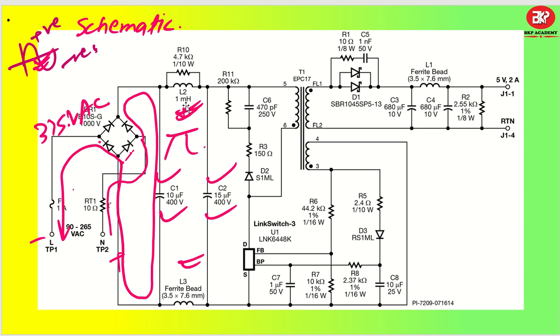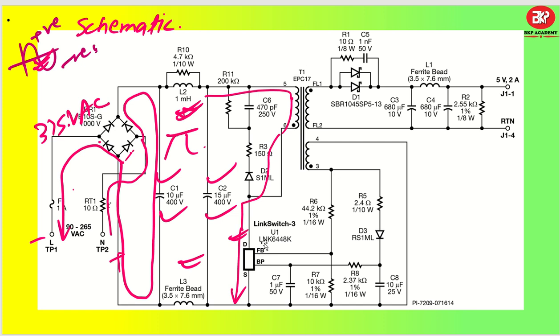So it will remove all the noises and all those things, and this is how it is going to work out. Okay, moving to the next phase, it is going to go to the primary of the transformer, pin number 5. Okay, and it will pass through like this, and whenever there will be a switching of this MOSFET, from drain to source, the path will get completed automatically. Okay, so this is how it works.